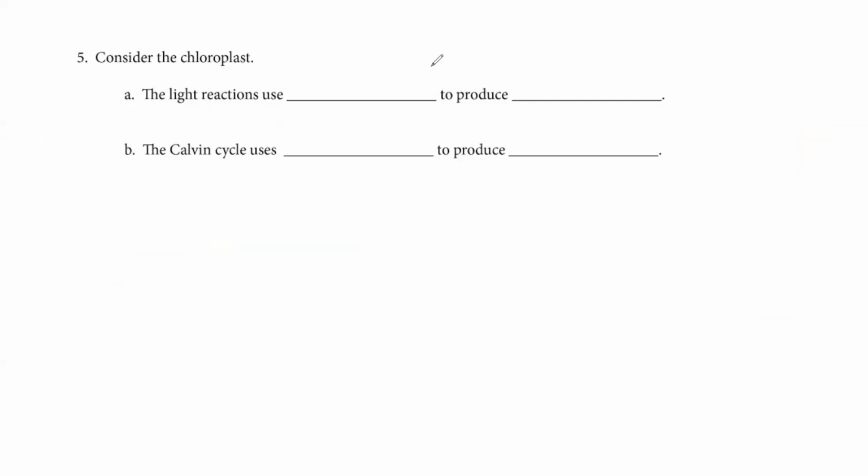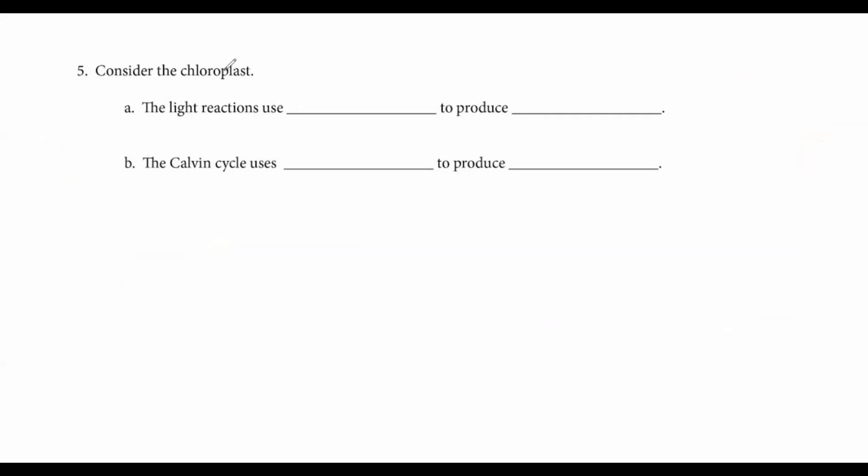So we are considering the chloroplast. The chloroplast is super sick. We will talk about it in the next 2 questions. So remember when we learned about our metabolism, we went from glycolysis all the way to pyruvate oxidation. With the chloroplast, you only need to worry about 2 reactions, the light reactions and the Calvin cycle. So, to no surprise, the light reactions use light, and what do they use light to make? Right, they use light to make energy. In what form? Right, they make ATP.